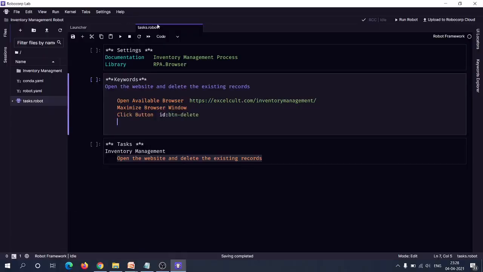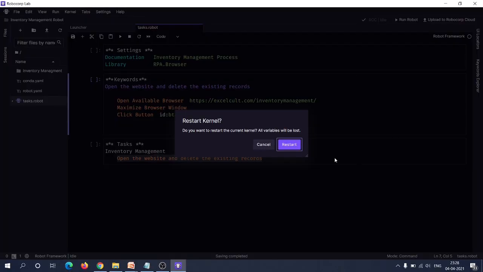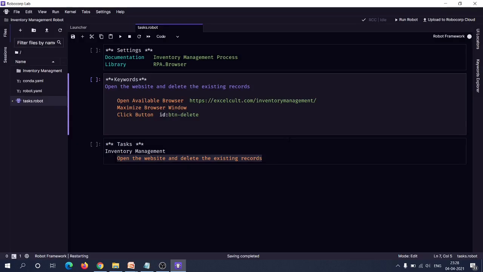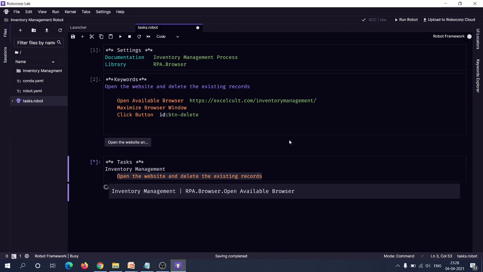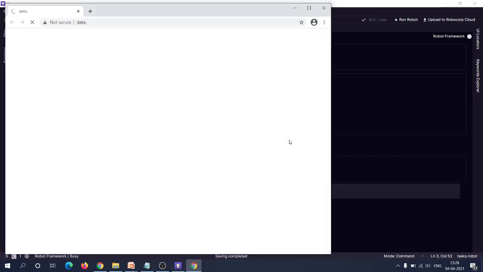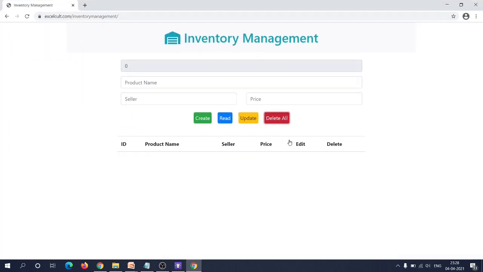Okay, so let me just click on restart. We can see that it is opening the website and then clicking on delete all button. Okay, so it's working fine.